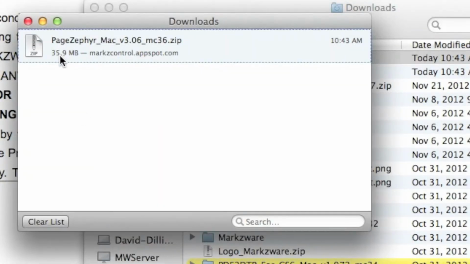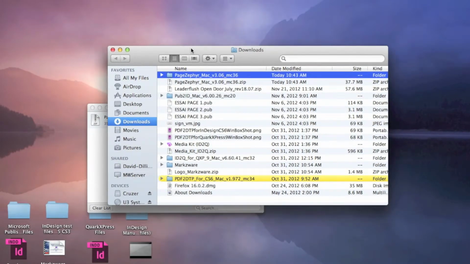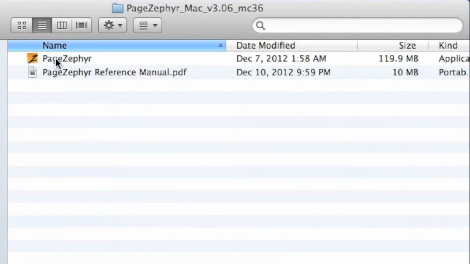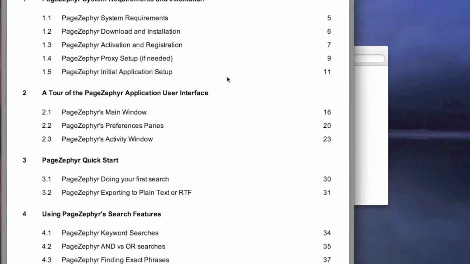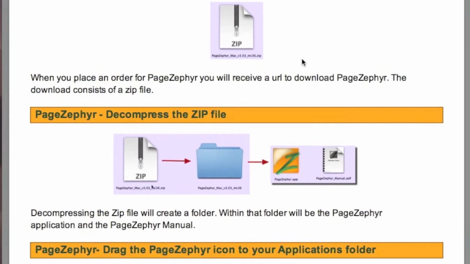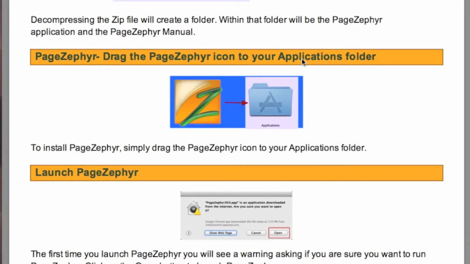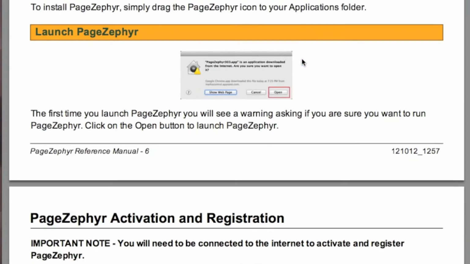Once the download's complete, it's a 35.9, let's say 36 megabyte file, and in your downloads you can find the package which has now been decompressed. There is a reference manual where we're going to get all details on how to get started. You simply drag and drop the PageZephyr icon into your applications folder, launch PageZephyr,